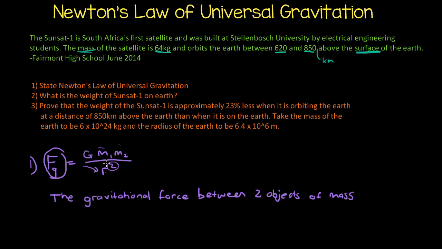And that's as easy as that. You just read it off the formula. So the gravitational force between two objects of mass is directly proportional to the product of their masses